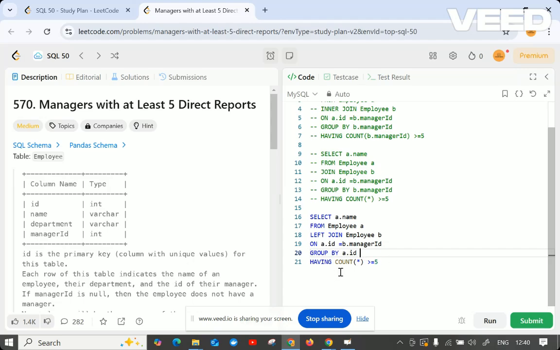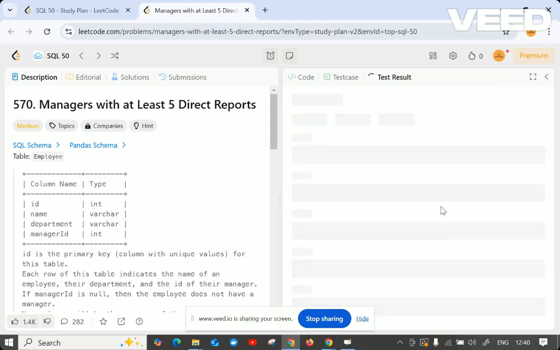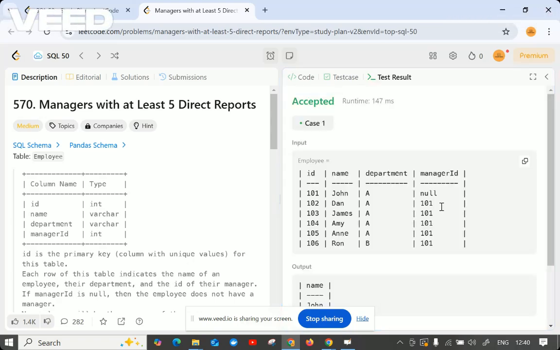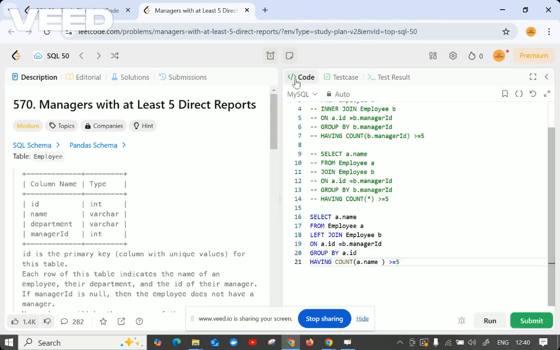You understood, right? With ID I'm joining, and then the count we are doing with the name which we have taken here. I'm just running this. See, it's also accepted. We can achieve that with left join also, but based upon what we are grouping, with ID here, and then taking the count of the name, so the things will differ.